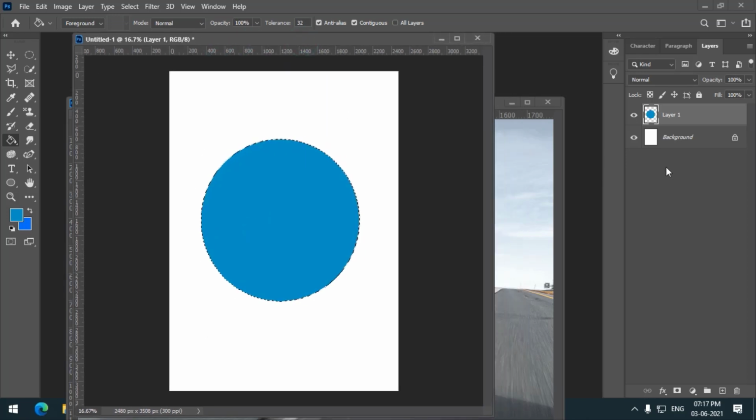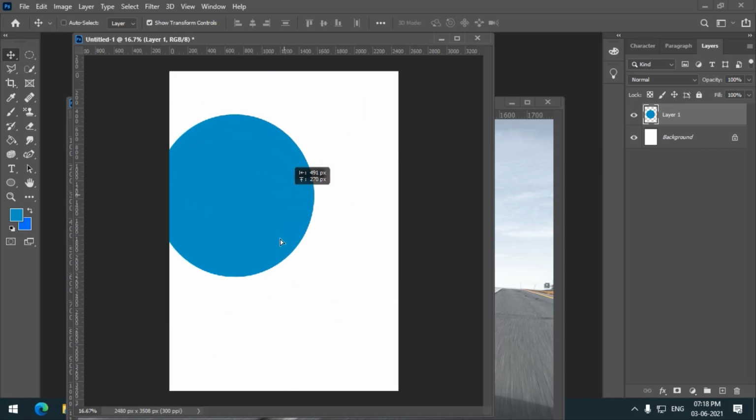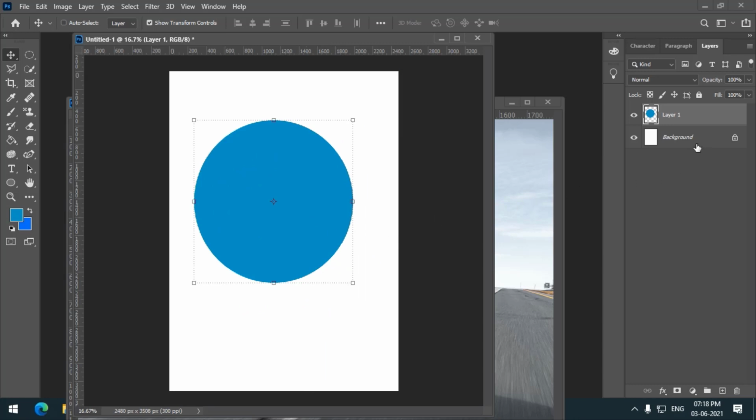So what is the benefit of creating a layer? I will deselect this by using Control D, or Command D if you are using Mac. If I fill the color on a new layer, then I can move this particular section. Unlike when I create it on the background, where I won't be able to move or transform that section.